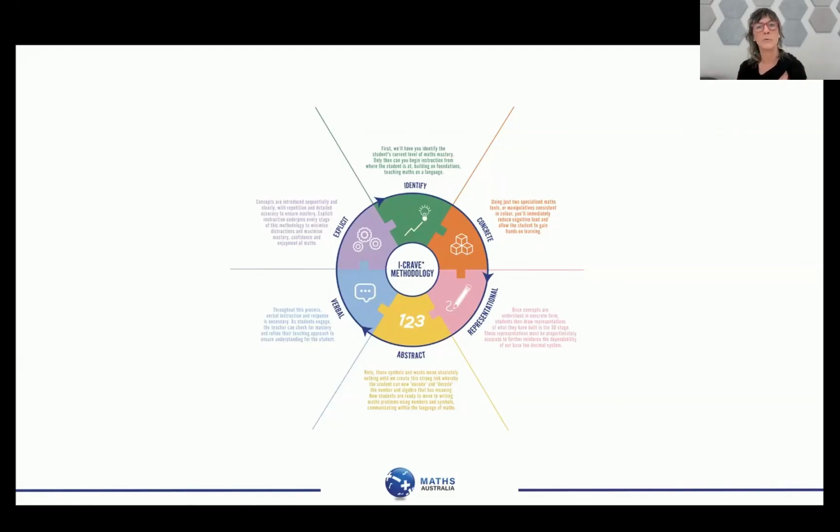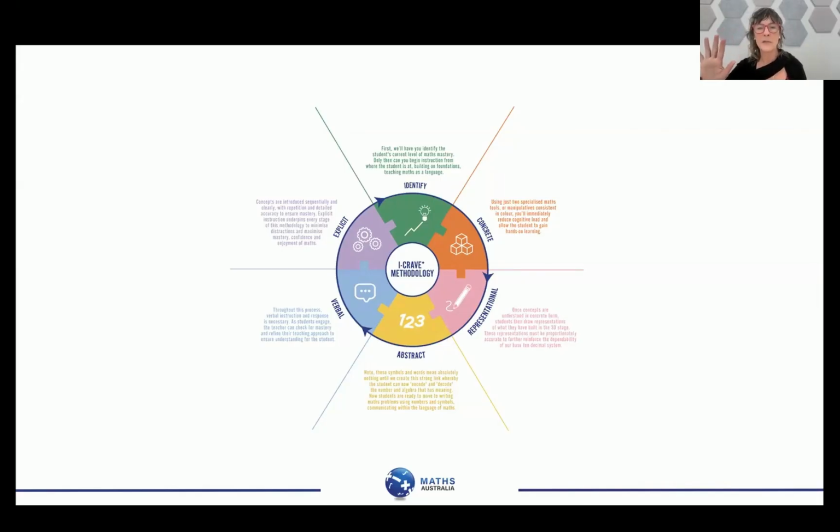I don't have to teach a tool to a student every time and take up their cognitive load that's so precious in teaching a new tool. The representational piece, I just wanted to talk to that as well, is the key piece with this is that it's proportionally accurate. And Steph's going to talk a little bit to the adjustments that they've made for students with complex needs, but it's a step where you're wanting to take the three-dimensional concrete before you go to the abstract. That's so big a jump, where you've gone from something I can touch, feel, and see to now squiggles on a piece of paper.